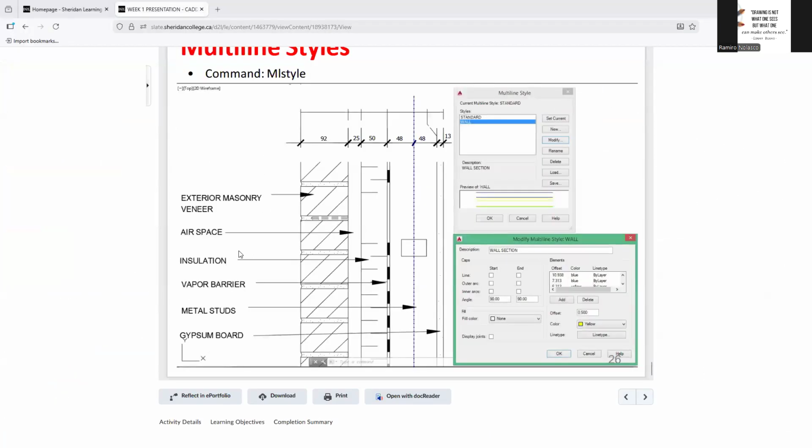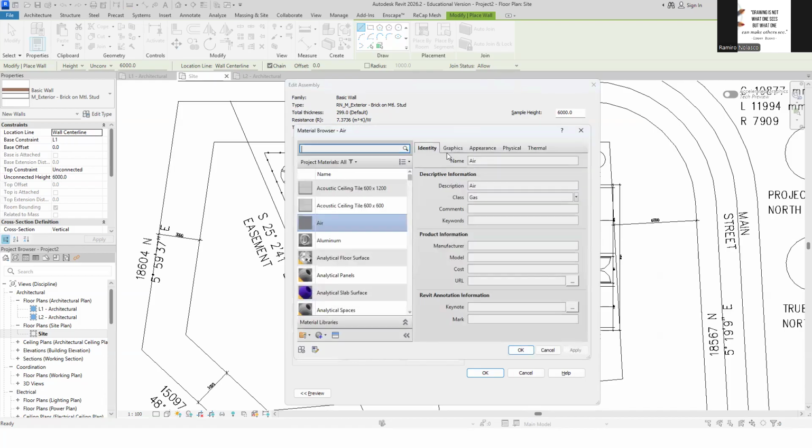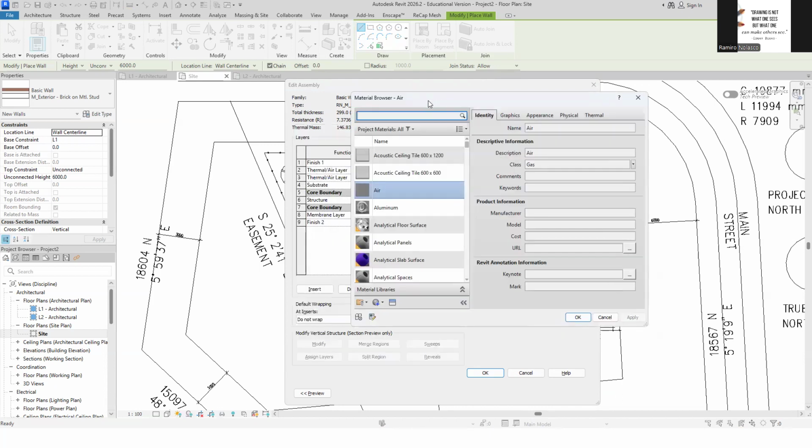The next one is an insulation. So this is a rigid insulation. So we don't have air. What we have is thermal. It's a thermal layer, but it is made of, so you click these 3 buttons right here. That's the material assembly browser.